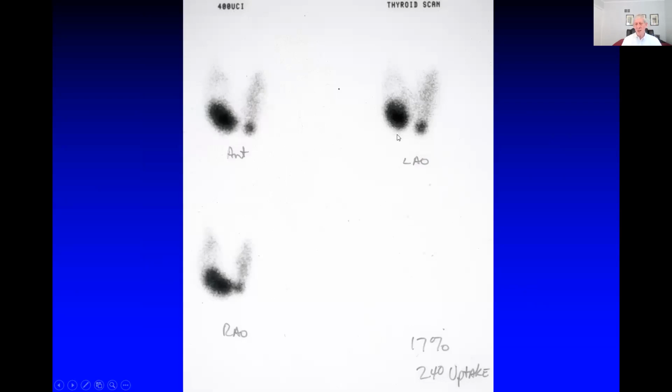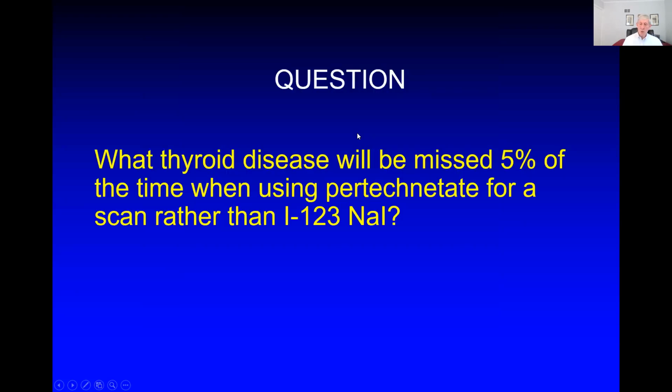No, these are actually hot nodules. I think you may have heard of Plummer's disease. That's multinodular. Actually, it is a form of a goiter. That is true. They call it a multinodular goiter. So yeah, I'll give you credit for that. But this is hot nodules, and your board question is going to be which requires